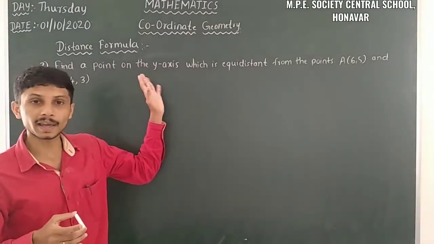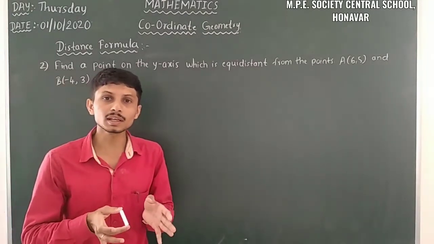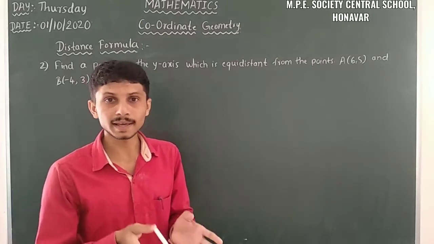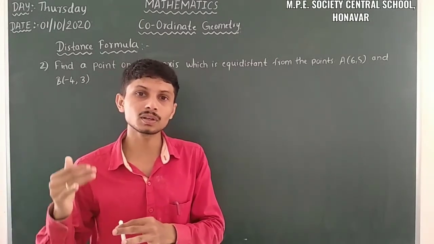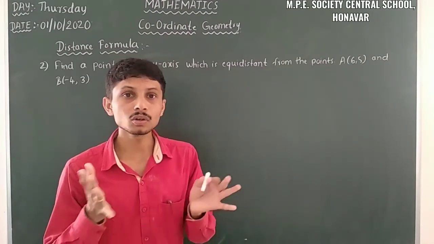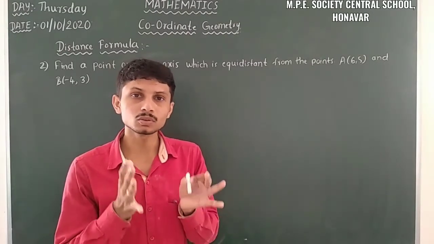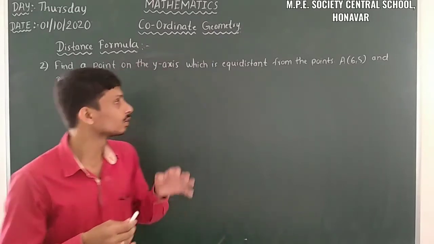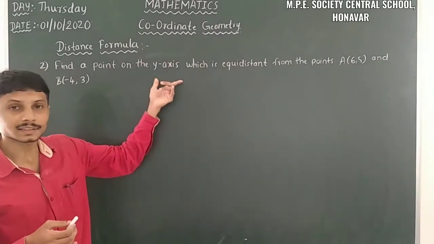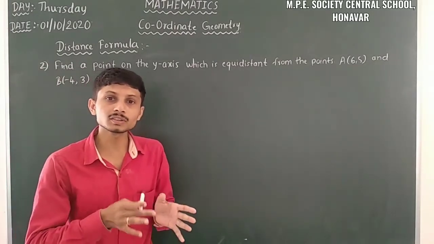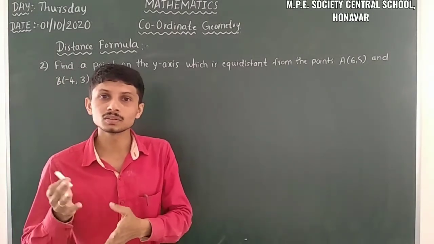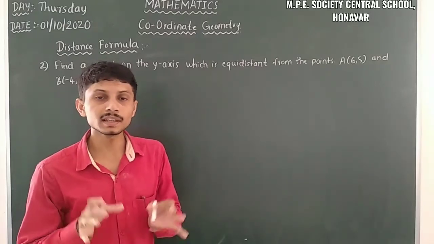In the case of the x-axis, you have to take the abscissa as x and the ordinate as 0, because there is no perpendicular distance from the x-axis. So don't confuse them; you have to be aware here. When a point is on the y-axis, take (0, y). And when the point is on the x-axis, take (x, 0) as the point.